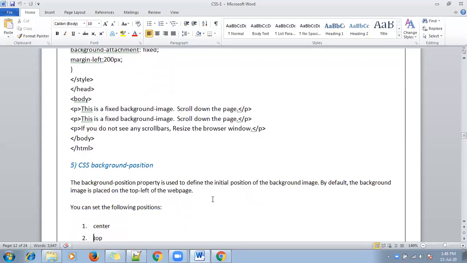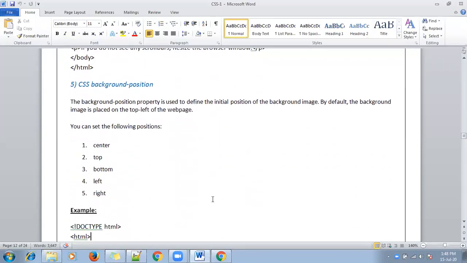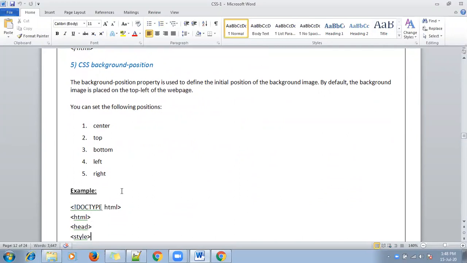So the next background property is background position. We can set our image at the top, the bottom, left, right, or the center by using the background position property.